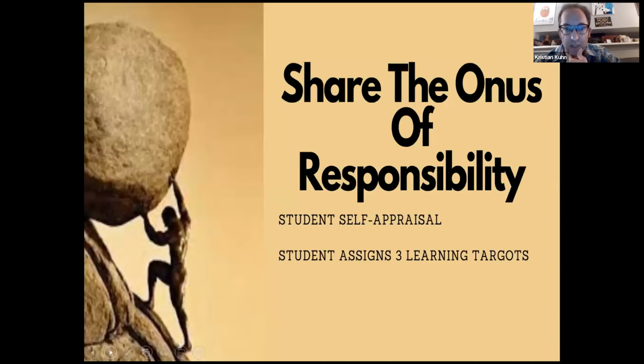Really shares the onus of responsibility, and students can begin to appraise and evaluate themselves, because oftentimes these grades we give them and the comments we give them seem very arbitrary. So here's what I'm doing with my AP kids tomorrow, and this might sound a little insane. On my notepad, I wrote down the grade I think they deserve.